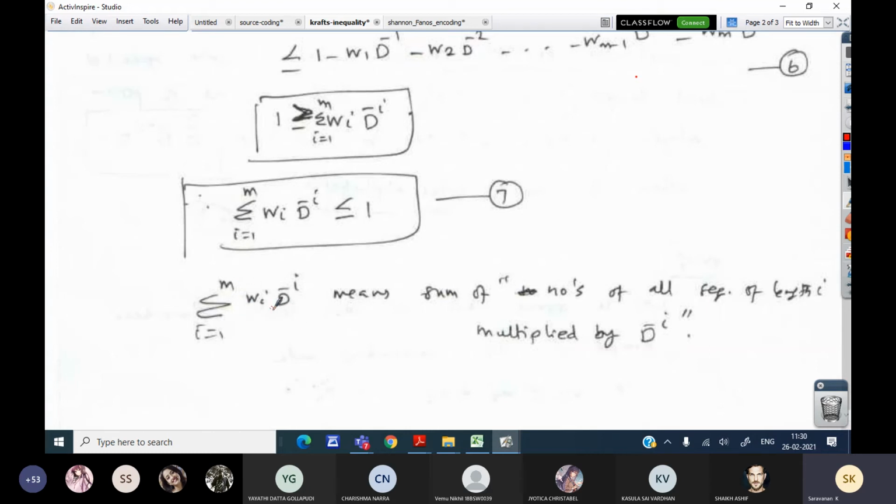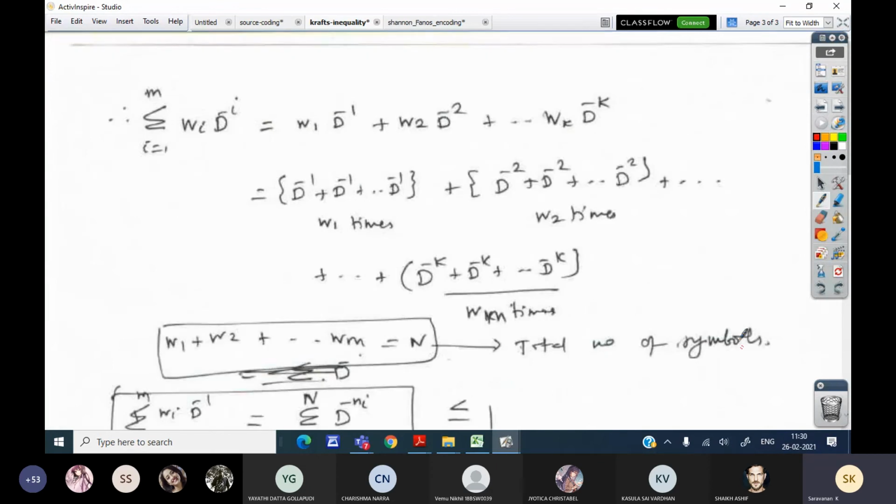How many messages we are going to code using only 1 bit, we multiply that by D power minus 1. So this is general. I can write it this way: the summation of Wi D power minus I is equal to W1 D power minus 1 plus W2.